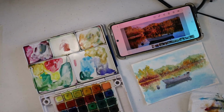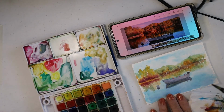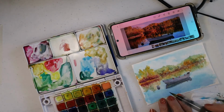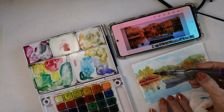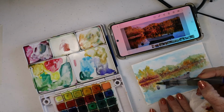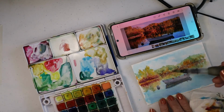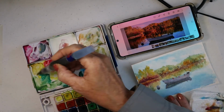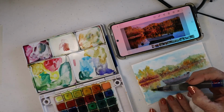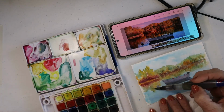Is it started again? Yes. Okay. And I'll try to come back and show you how to glaze over. It's just another layer of watercolor, but it's got to be dry before you do that. All right, so I'm going to make this down here just a little more vibrant because this is a closer area. Go right into the...